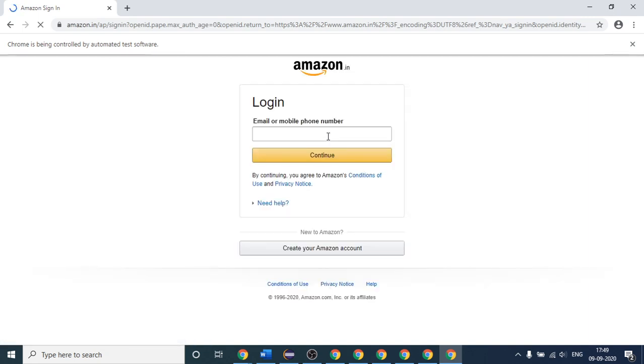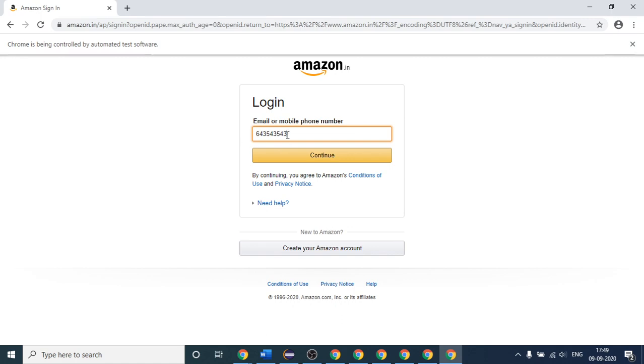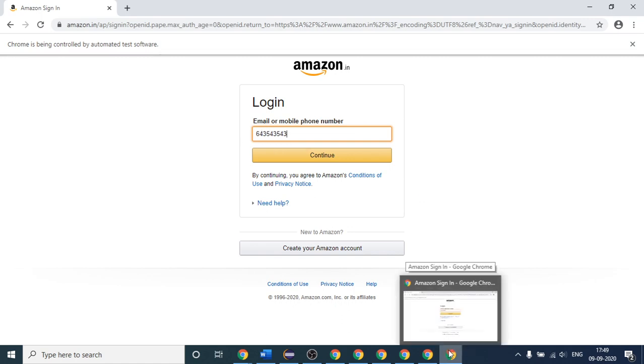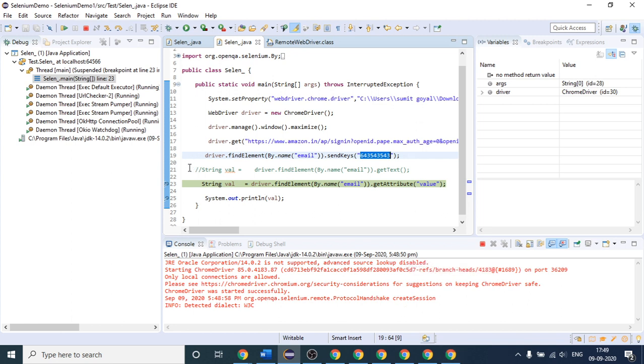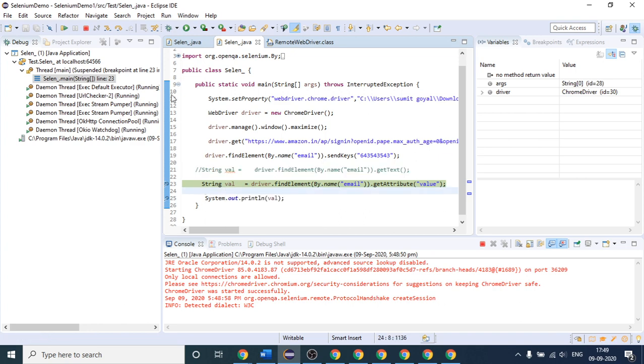See, it has opened the Amazon website again. And see, here we have come already. So this is already executed, so you will find this value in the text box. This is the last browser. You can see this is the number which the user has already inputted from the code. After this is commented, it will not execute. As of now it will not contain anything because this is not executed at all.